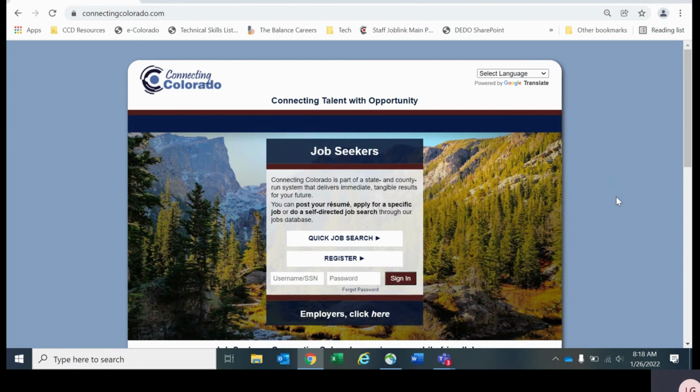Welcome to ConnectingColorado.com. My name is Logan, and I'm going to give you a quick overview of the state's job board. To get to ConnectingColorado.com, simply type in your search browser,